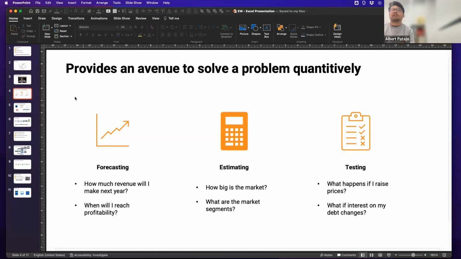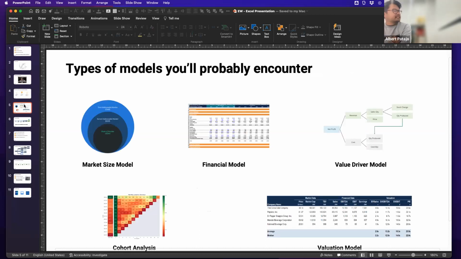So really, a lot of people use Excel for different things, but specifically if you're looking to do any sort of financial modeling, you're really doing one of three things, and often all three at once: you're building a forecast, you're estimating the size of something, and then you're testing your assumptions to see how sensitive they are. Which lends itself to a couple of different models, and I've built a bunch of different models in my working career.